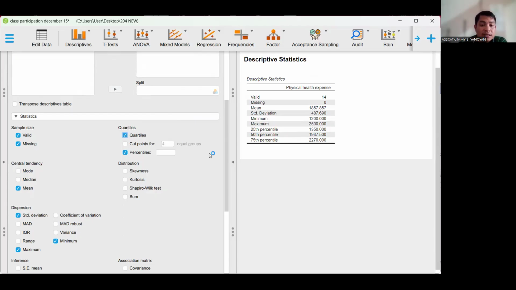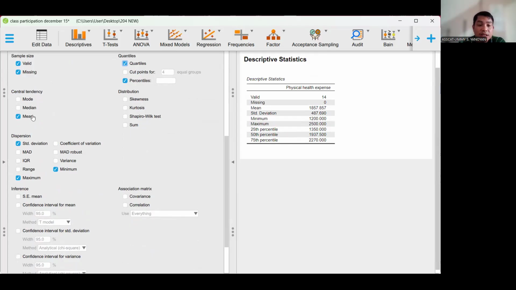Okay, next is we are going to look into the central tendency. So in the central tendency, these are now the measures of central tendency, the three measures. So earlier, we have already seen the mean. So the mean is already reflected, okay, with the amount of 1,858.